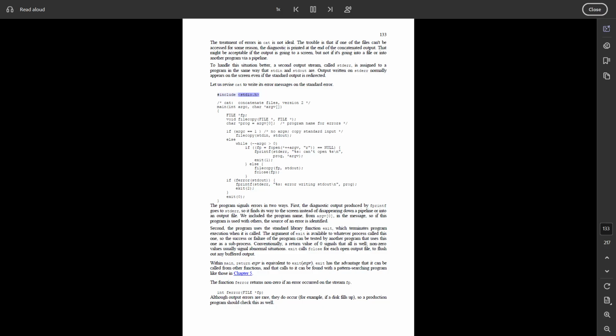#include <stdio.h> /* cat: concatenate files, version 2 */ main(int argc, char *argv[]) { FILE *fp; void filecopy(FILE *, FILE *); char *prog = argv[0]; /* program name for errors */ if (argc == 1) /* no args; copy standard input */ filecopy(stdin, stdout); else while (--argc > 0) if ((fp = fopen(*++argv, "r")) == NULL) { fprintf(stderr, "%s: can't open %s\n", prog, *argv); exit(1); } else { filecopy(fp, stdout); fclose(fp); } if (ferror(stdout)) { fprintf(stderr, "%s: error writing stdout\n", prog); exit(2); } exit(0); }